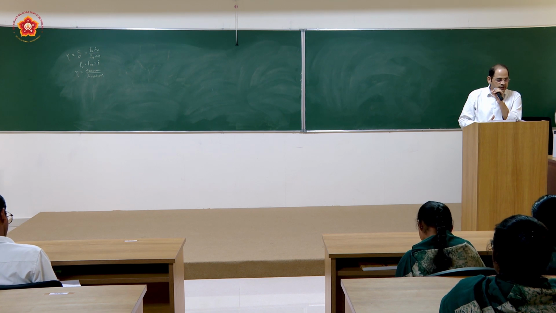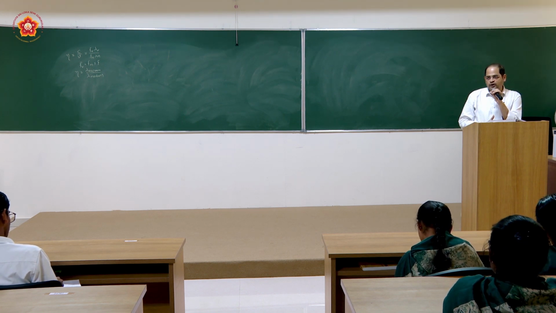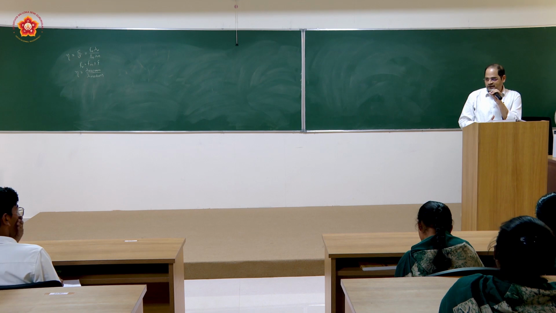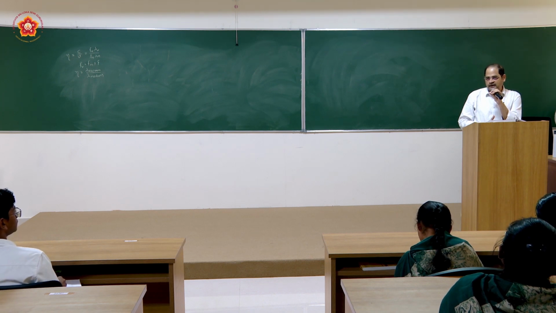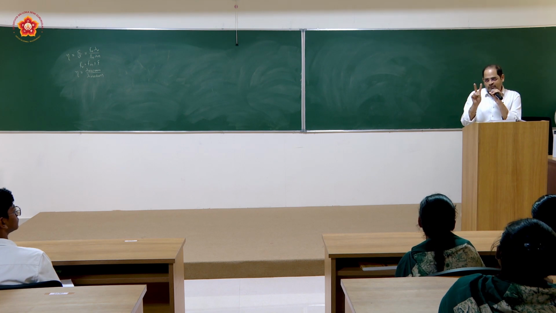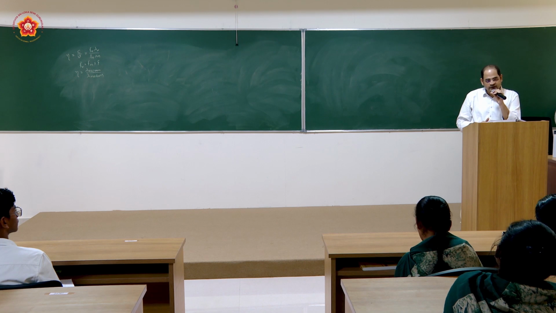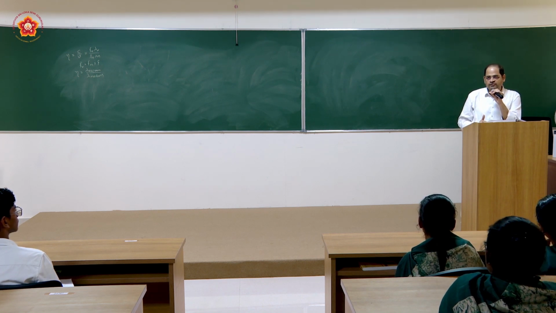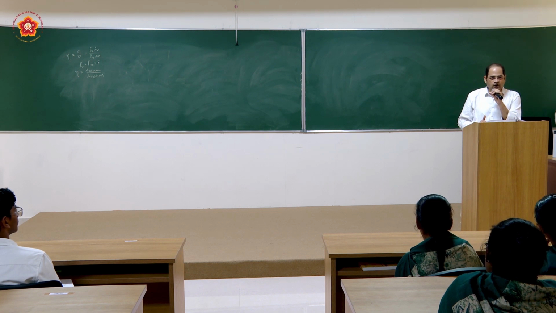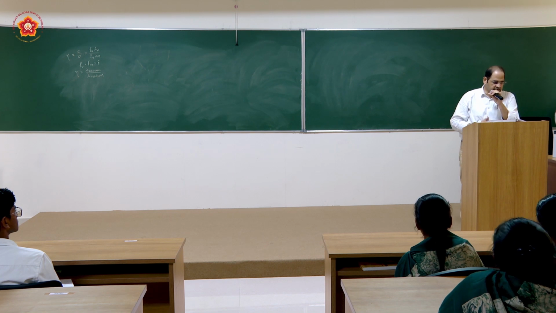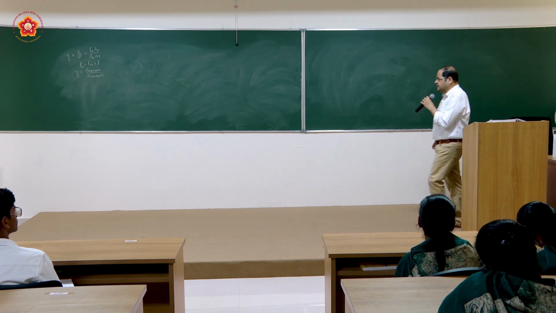Able to get it? So if the resolving limit of your eye is only 1 minute, then you should understand that maximum up to the angle of 1 minute, you can see the two objects distinctly. Beyond that, यानी 1 minute से कम अगर आप कर दोगे, you will find that the two objects cannot be seen distinctly. Okay? Now how can we say that? This can be shown here in this manner.